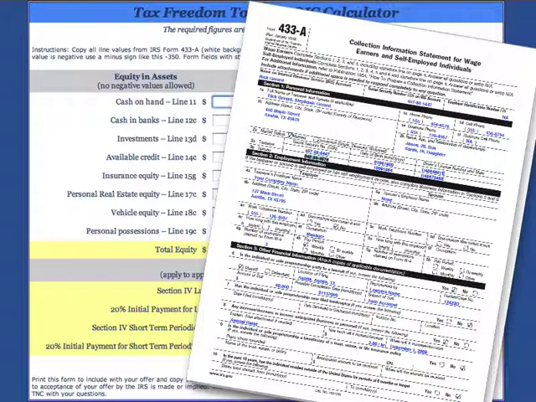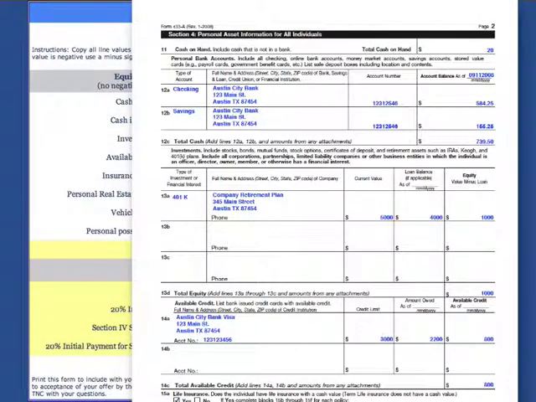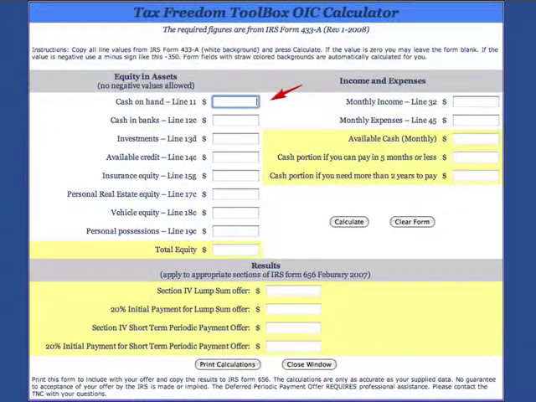Okay, Rick. Now I'd like you to go to page 2 of Form 433A. This calculator is a fabulous tool made specifically for the Tax Freedom Toolbox. Let's go to cash on hand, line 11. Okay, cash on hand, line 11. Enter that figure. Cash in banks, line 12C.